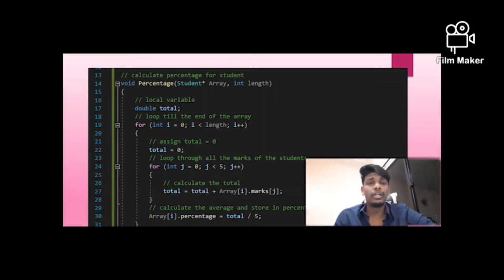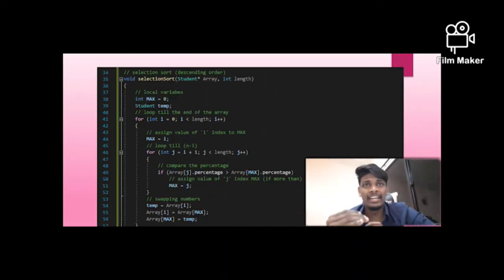and to calculate the total we have to use the formula, which is total equals total plus array i marks j. To calculate the average score in percentage, we call array i percentage equals total divided by 5. So the selection sort must be in descending order. To do that, we have to call void selection sort, student array, int length, and the local variables are